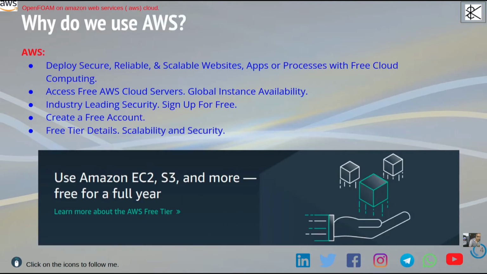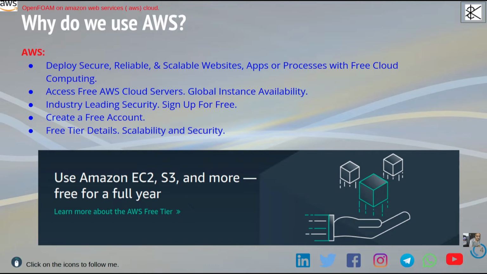And why do we use AWS? Deeply secure, reliable, scalable websites and apps and processes with free cloud computing. You can access a free AWS cloud server. Global instances are available. We can talk about what an instance is later in the next slides.